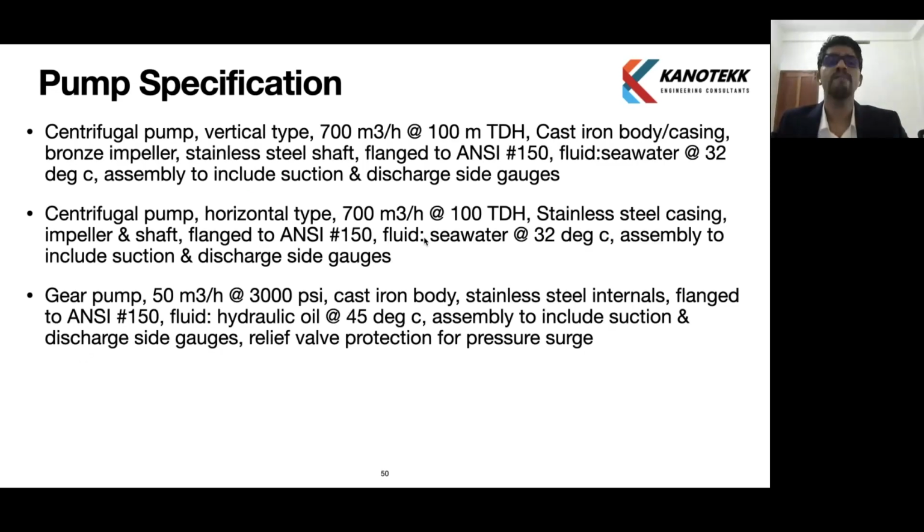So we will see the pump specification. How do we specify a pump for procurement? Like first is a centrifugal pump, vertical type. We are mentioning it as vertical type. Flow rate is mentioned, 100 meter cube per hour, at 100 meter TDH, total delivery head. So total delivery head is mentioned. Delivery head we mention for centrifugal pumps, and pressure in bars we mention for gear pump or other positive displacement pump. Also, we mentioned here on the first one, cast iron body or casing, bronze impeller, stainless steel shaft, flange